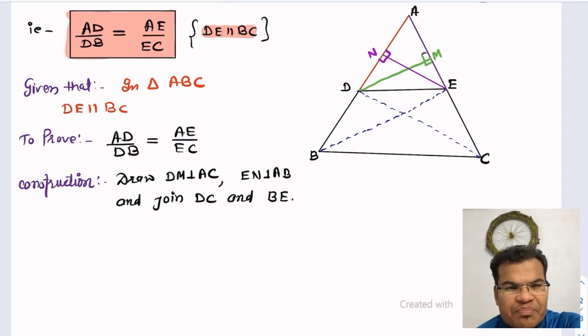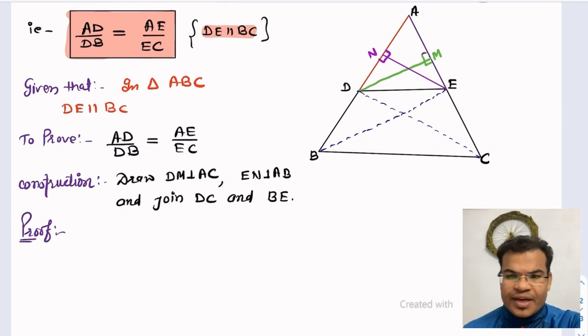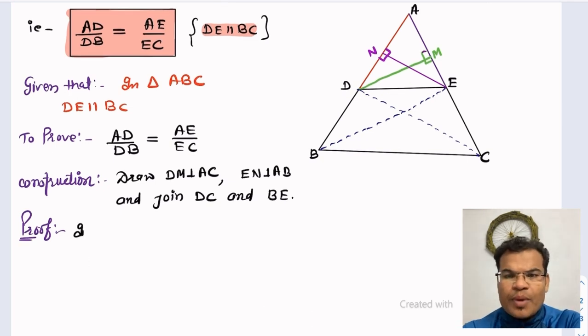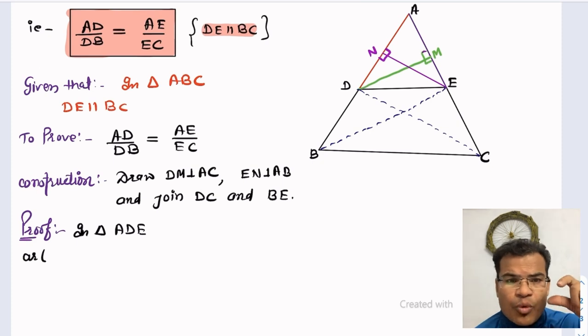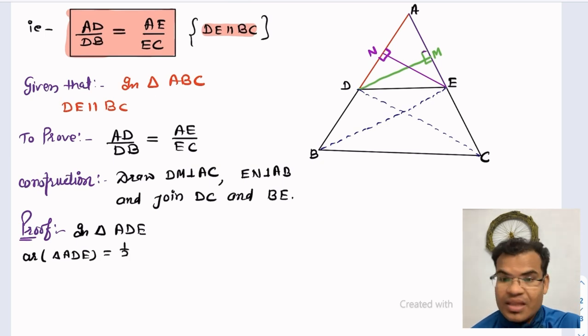So guys, let's start the proof now, because we have to write in this order given there: proof and construction, and then the final and important part is the proof, right? So let's start the proof, and in this proof we have to take the triangles here A, D, E. Very first we are taking the triangle, because in this triangle, remember guys, there are few things that you have to remember in the theorem. That first we are taking the triangle ADE and we are applying the area of the